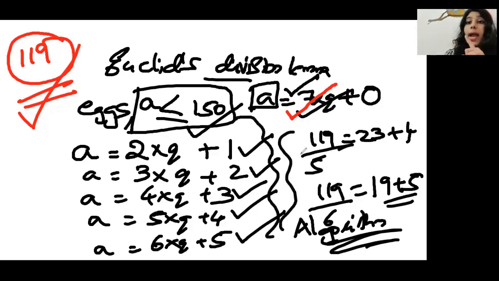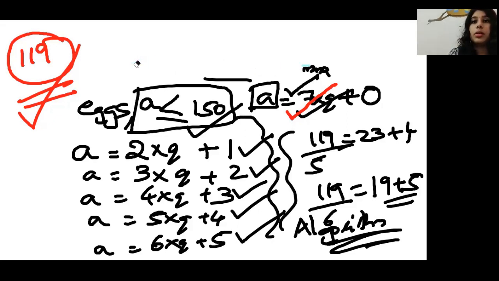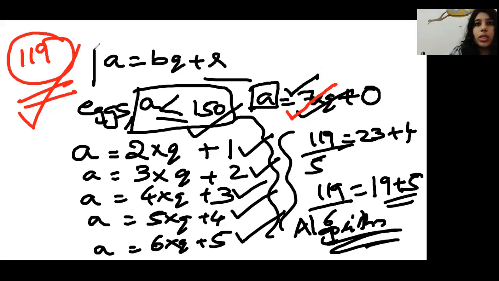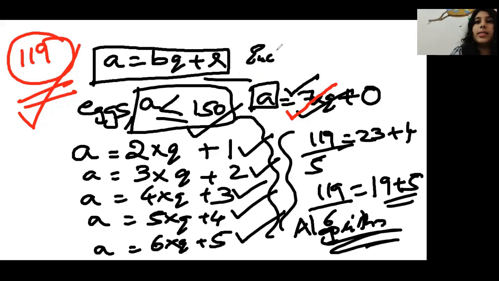And what I have proved out of this, let me know, children. This is some number, A is equal to any number. This is changing, keeps on changing. Any number, I'm just taking it as B. And this is a fixed number Q, any number which is multiplied by that. I want to get some remainder, I'm taking it as R. So this is called the Euclid's division lemma.